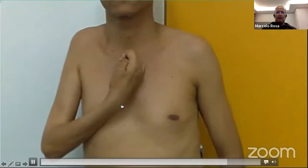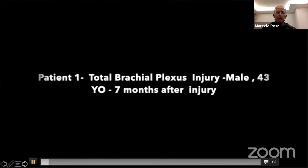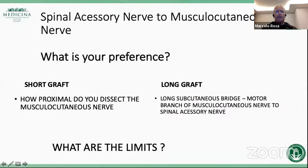This is 1 year result and 2 years result. This is a total injury, okay? So my questions are, spinal accessory to musculocutaneous nerve. What's your preference? To do a short graft, like the first case, or a long...